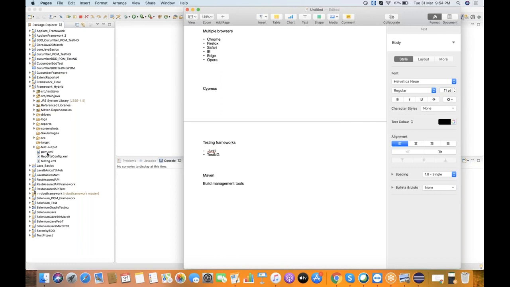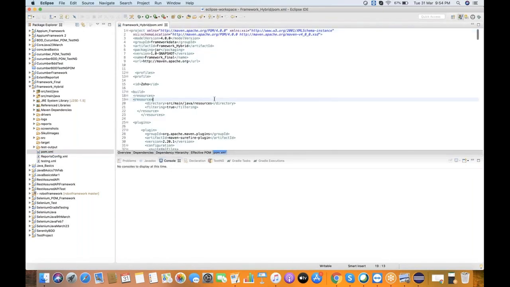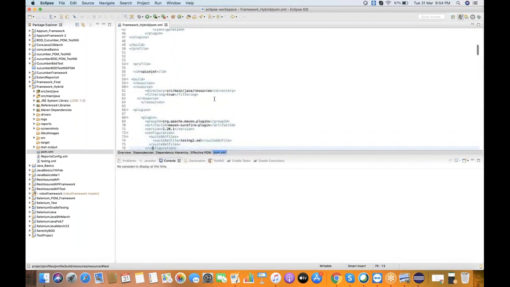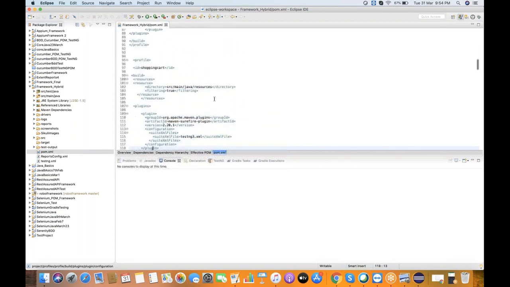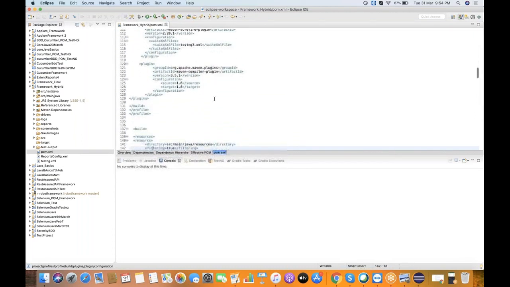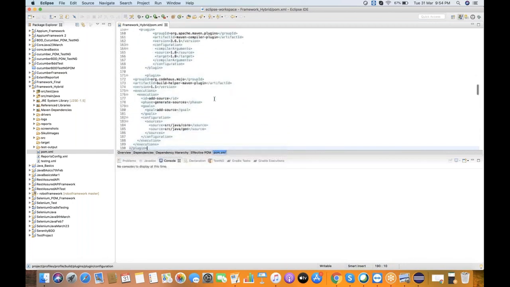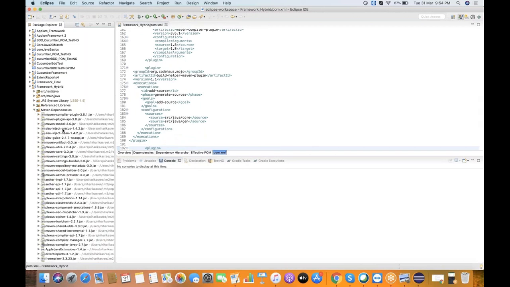There is something called pom.xml, which gets generated automatically when we create a Maven project. Inside this, we have to add all the dependencies. For example, I want to use TestNG, so I have to add the dependency of TestNG. Once you add those dependencies in your pom.xml file and update your project, the jar files will get downloaded and maintained here. So we don't need to do it manually.